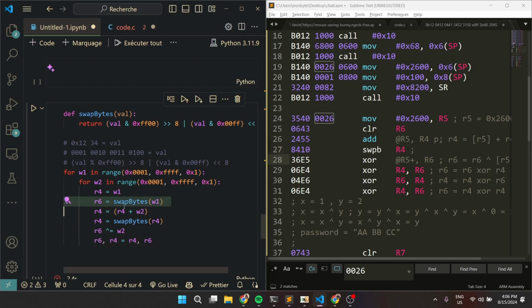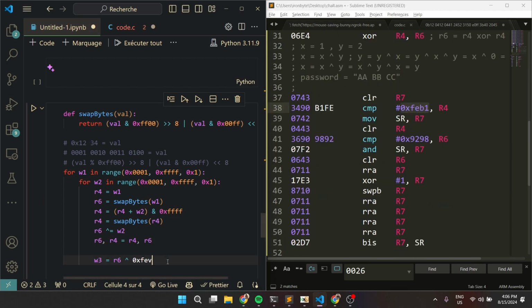So I have just pre-computed the values of register 6 and register 4, and then we just have to add, so we AND that with 0xFFF to make sure that it is in the range, since it is an addition operation. And yeah, after doing that, we are going to be setting the word 3, which is going to be register 6 XORed with 0xFEB1B1,